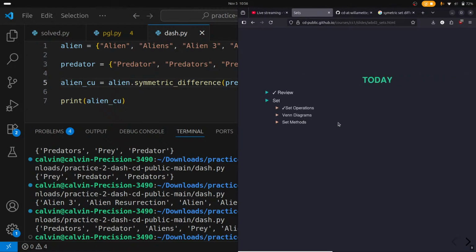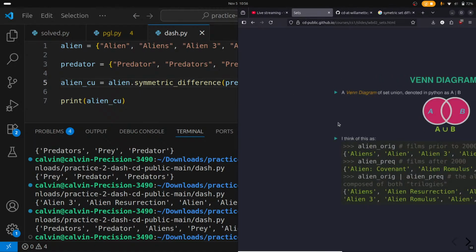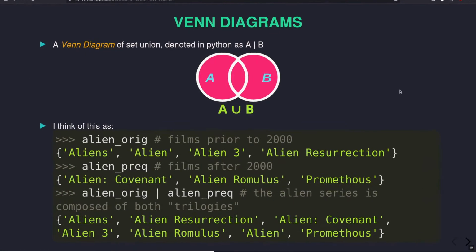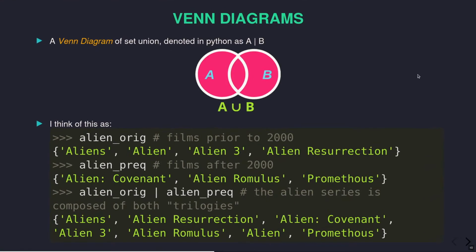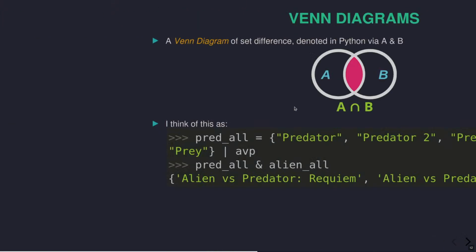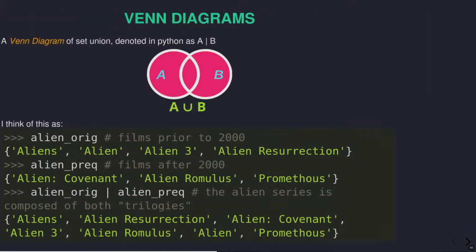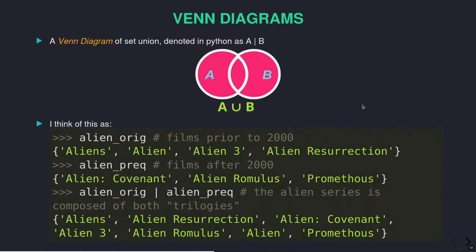Okay. So those are the set operations. Let's make some Venn diagrams. Who loves Venn diagrams? Yay! Okay. How'd I make these? That's crazy. Did I make these? They look pretty good, which would suggest I didn't make them, but I've never seen anyone else use these before. Okay. Alright, so